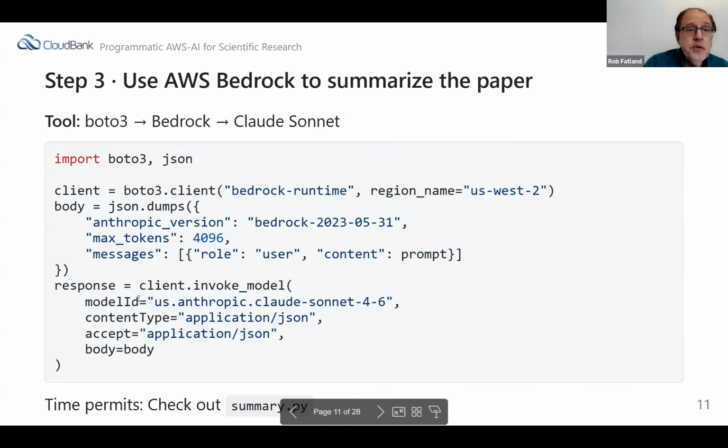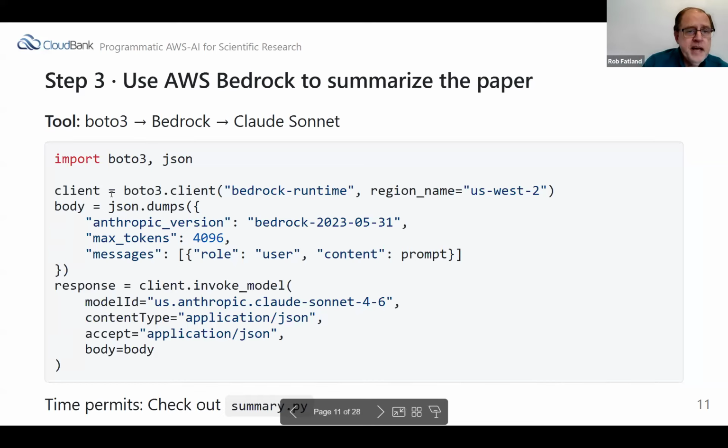So we have those two figures pulled, and now we have the text of the paper, we send that to AWS Bedrock to summarize the paper. So now we have yet another API call, to the AWS Bedrock API. This is some of the key code, and you'll notice the first line of code says import boto3. Boto3 is a Python library that enables a Python program to talk to the AWS cloud. There are some authentication keys involved, and I'm not going to go into that. But the main point is that this is the tip of the iceberg of the code.